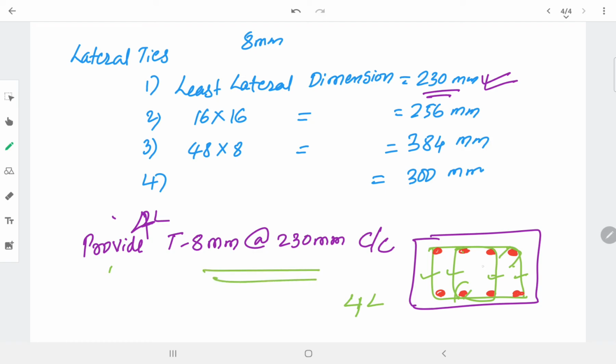Either you may provide 2-legged, or especially if you want to make the section quite stable, in that case you should go for more lateral tie legs. Here 1 2 3 4. Every bar is to be tied by the reinforcement. Suppose there are 6 bars.